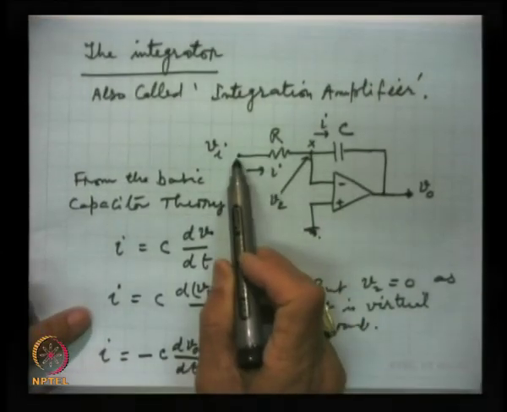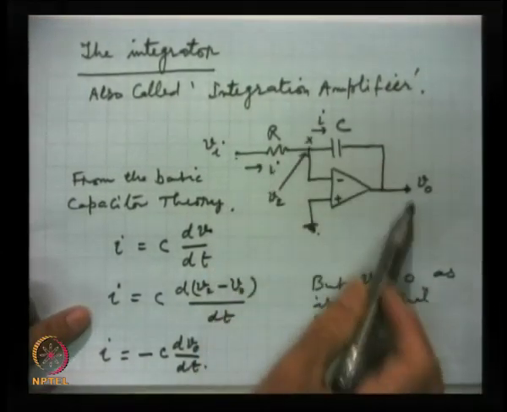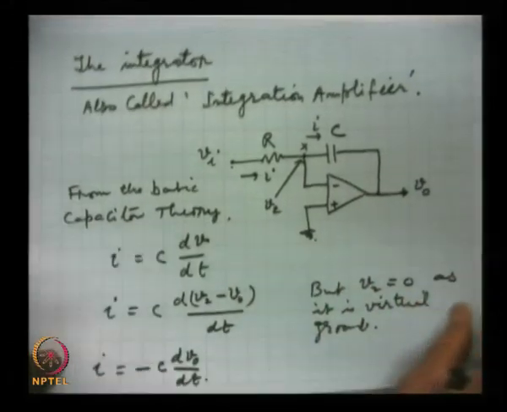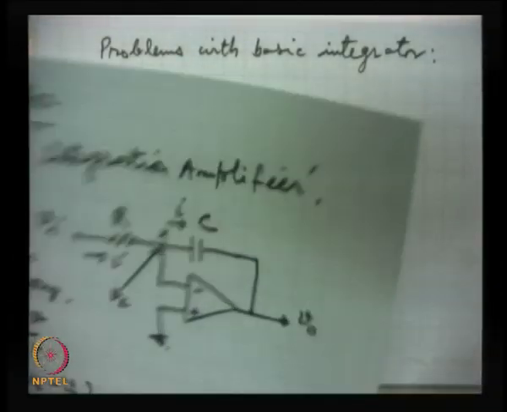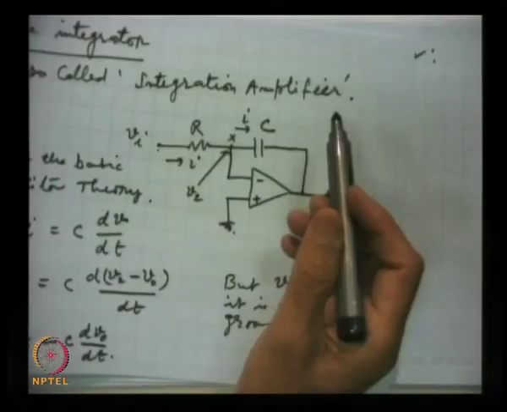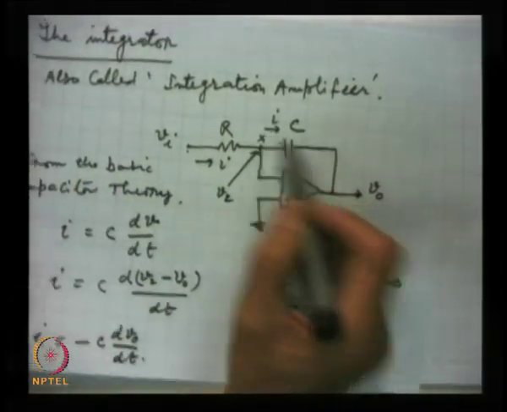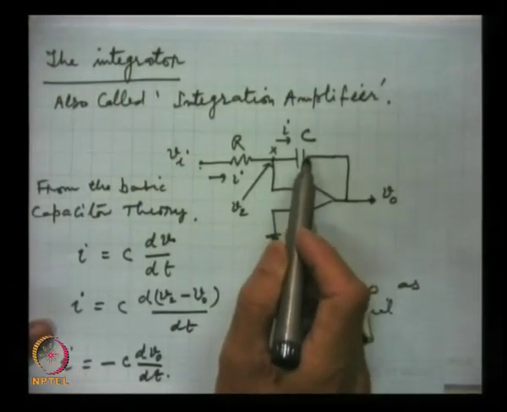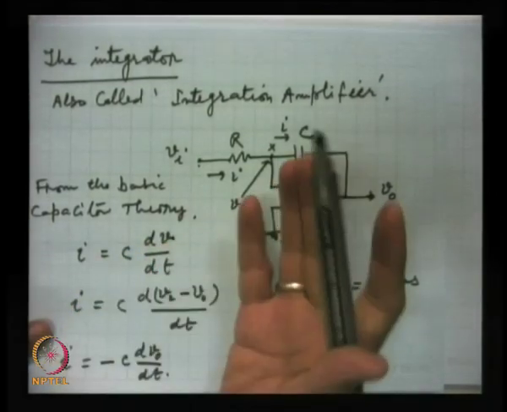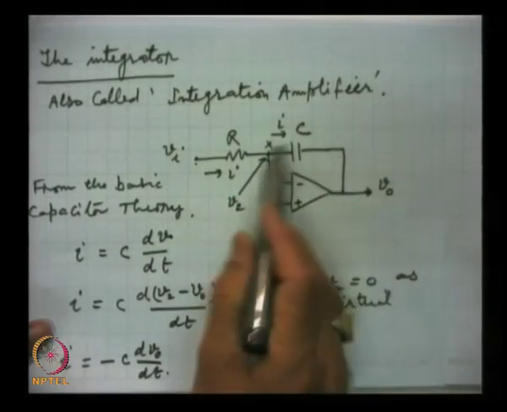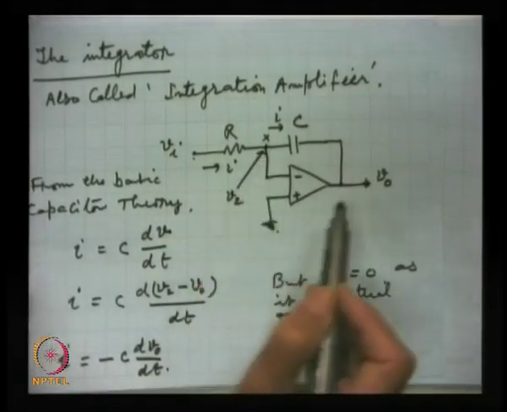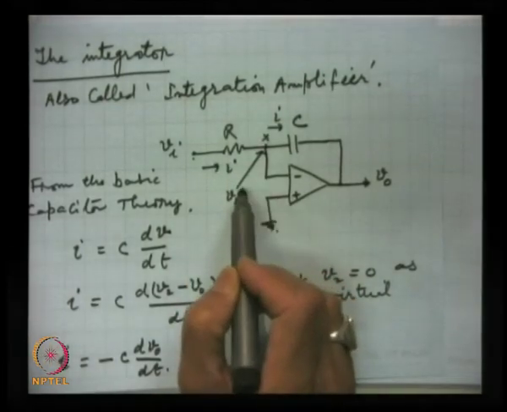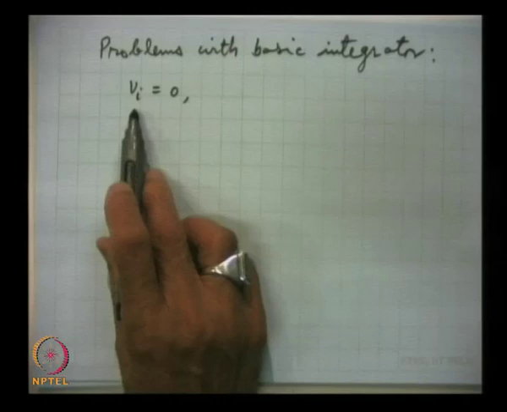Here, when Vi is 0, the integrator in this circuit acts as an open circuit, because this capacitor acts as a blocking capacitor and will not permit any DC currents to be fed back to the input. I repeat that when Vi is 0,